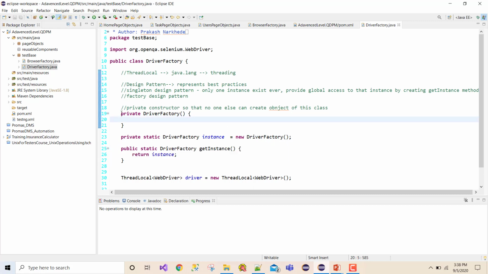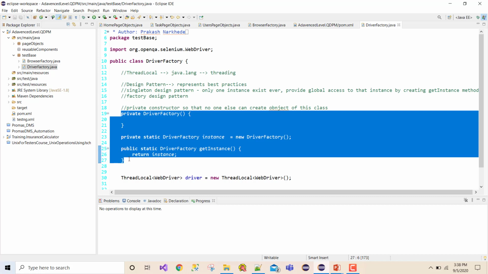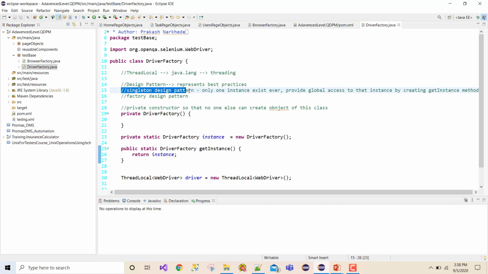And whatever we did till now, by creating this, we achieved something called the singleton design pattern, right? Why we need the singleton design pattern, we are not going to discuss now, but that is very important when we create a factory pattern design, right? And factory pattern design is our main aim now. So till now what we created is a singleton design pattern where only one instance of that class will ever exist, right? And we have a global access provider here by using get instance, which is static.